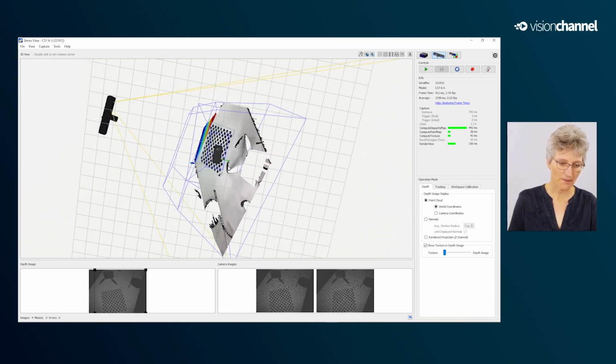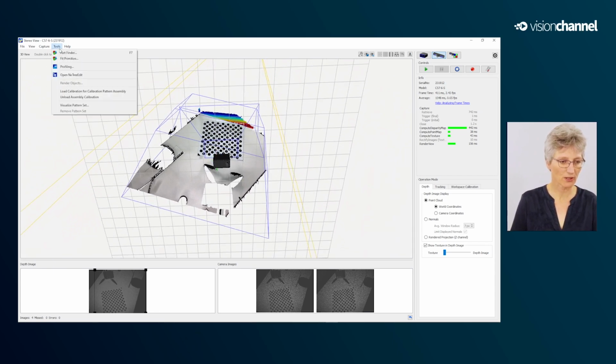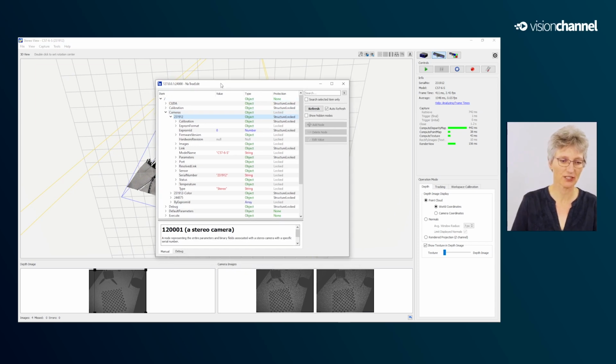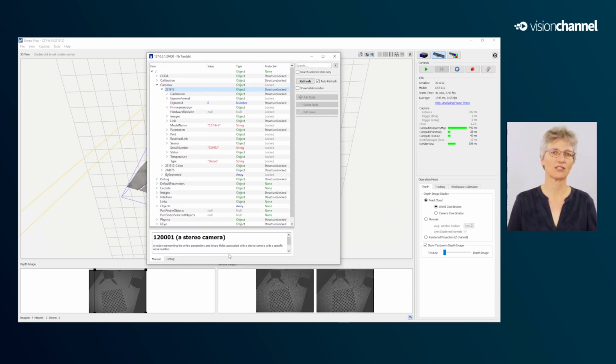And now I show you what the software did with the cameras. So I open NxTreeEdit, and in NxTreeEdit you can see all the parameters that are used to control the cameras. So let's have a look.